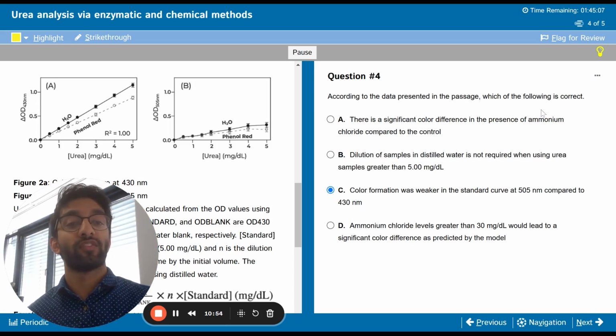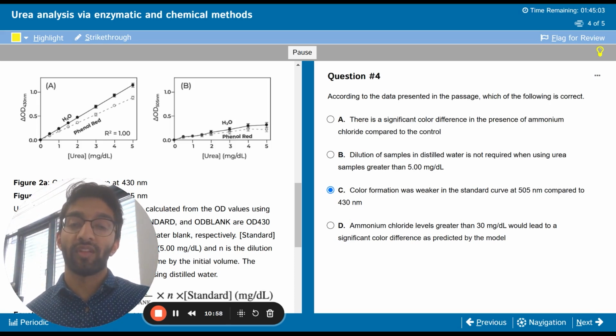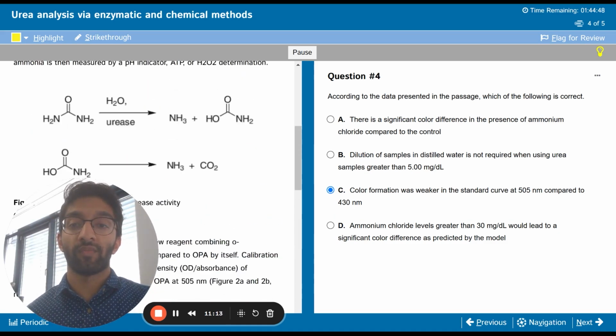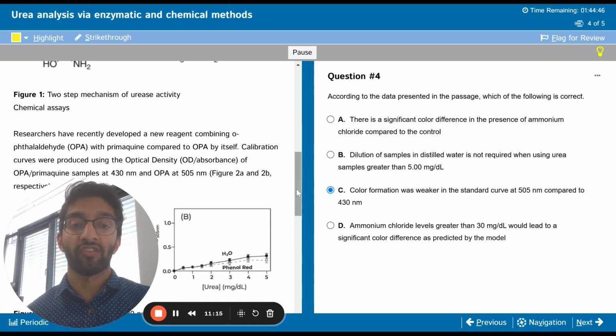So the fourth question of this passage is now asking a bit more on the data side, right? A bit more on the passage side, and it requires some reasoning. What I would recommend for this question is to try to just do it through elimination and understand, based on the results that you can see in the paragraphs and the figures, that C is the only one that's actually